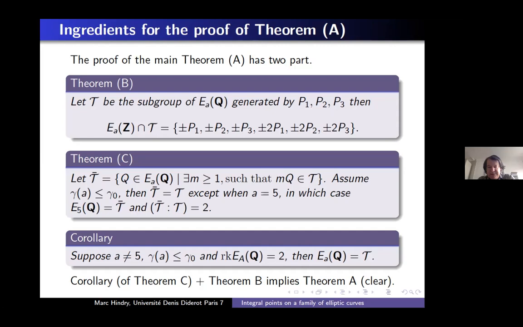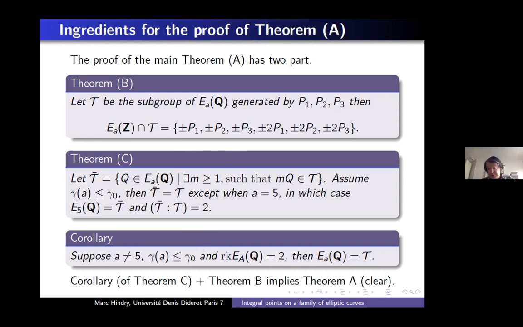With one exception, A equals 5. 5 actually is 2. And this is the explanation from the elliptic curve point of view. It's the explanation of the two extra solutions that Emma and co-workers had found. So as more or less a trivial corollary of theorem C, you find that if A is not 5 and